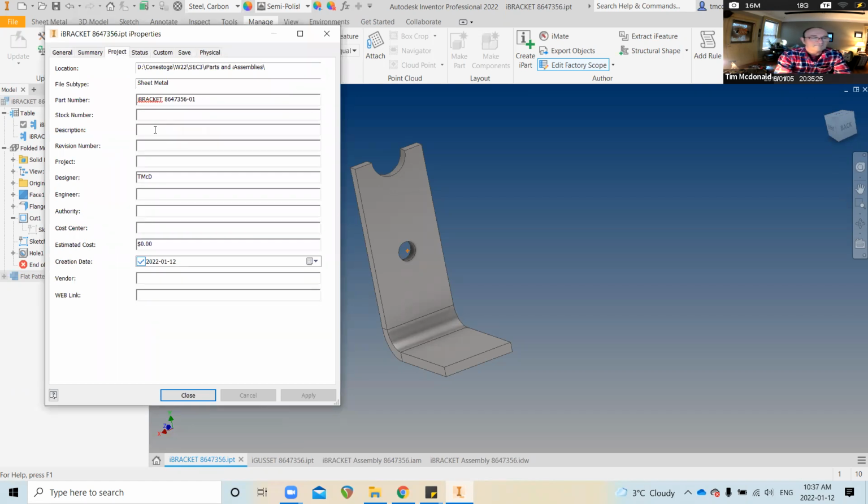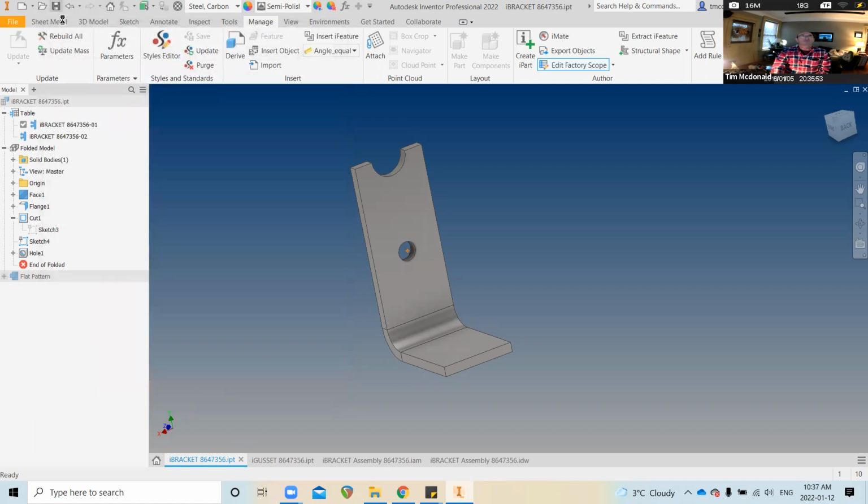It's just a bent bracket. And do I need a rev number? Not in this case. The revision is going to be an iProperty of the sheets that we create or the bracket assemblies. So I'm just going to pick OK